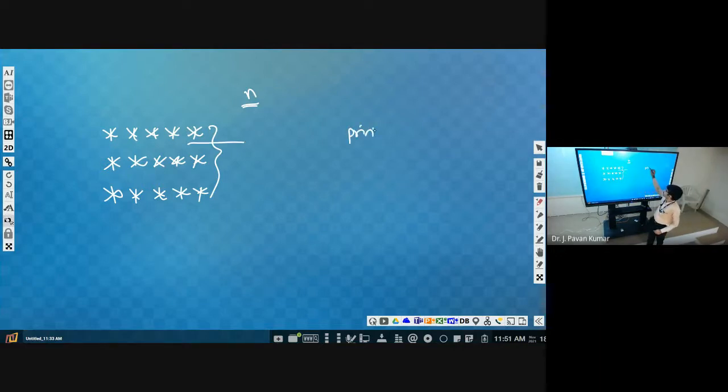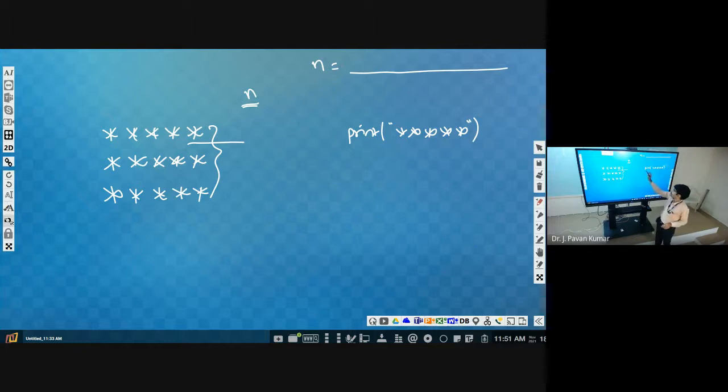Just within double quotes we can specify 5 stars, because the question contains a static thing: 5 stars we have to print. For how many times? N number of times. So that N we will take as the input. N is equal to int of input. Afterwards, this statement will print 1 time. Like that we have to repeat it N number of times, so we have to enclose this statement in a loop.